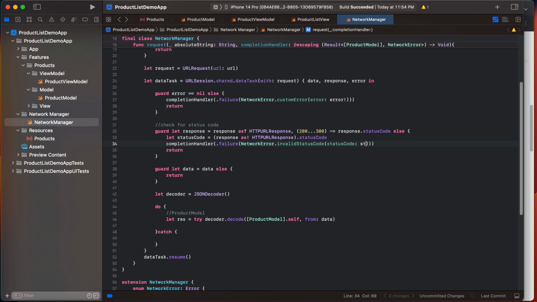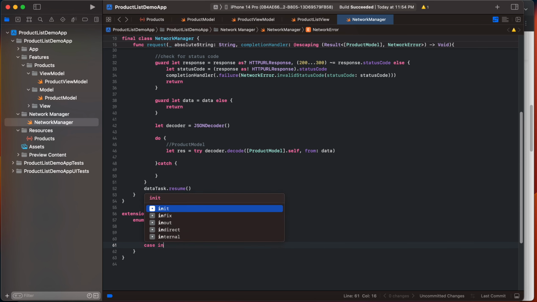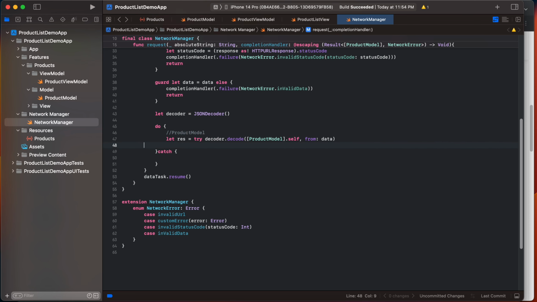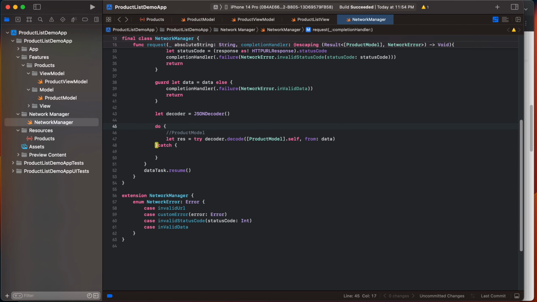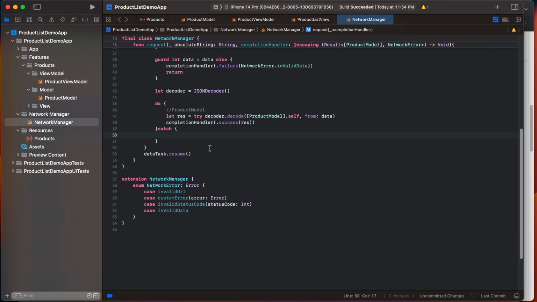Status code. Now if we get any invalid data, for the invalid data, and suppose if we get a valid response, dot success, and this is the response we got. And for other than that,